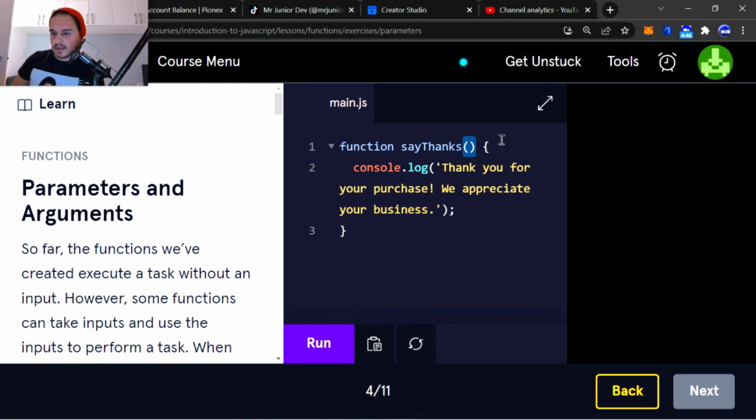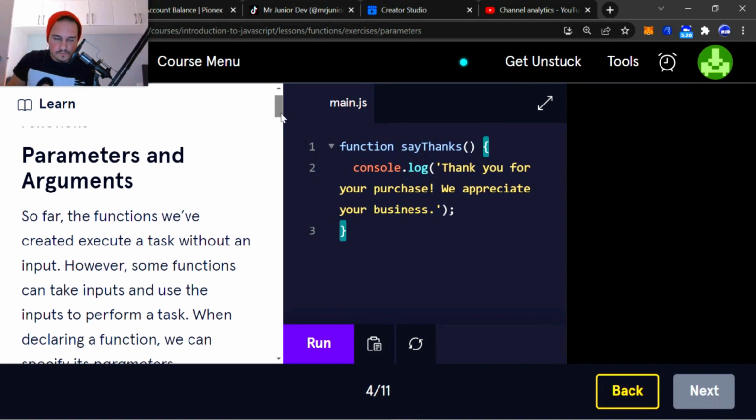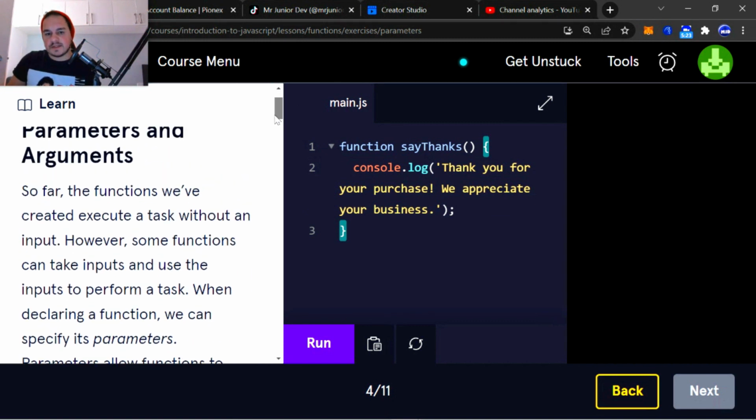So this is the function itself, and then this is the function body, and then you've got sayThanks here at the end. Sorry. That's the argument, right there. This is where the argument goes. I just wanted to show you that so that you can understand what they're talking about. But I'm sure this explanation is going to explain everything. Okay, so